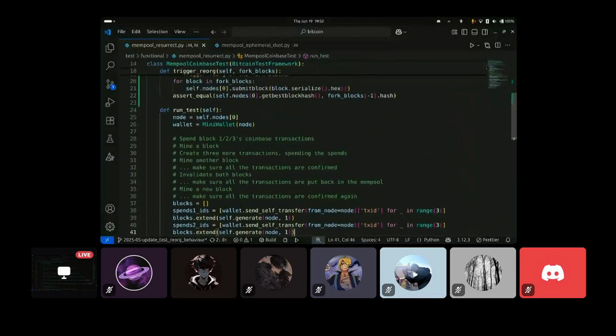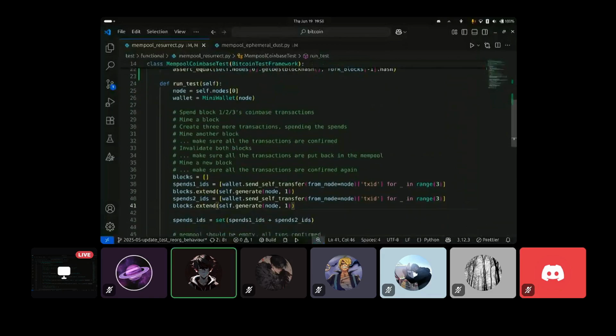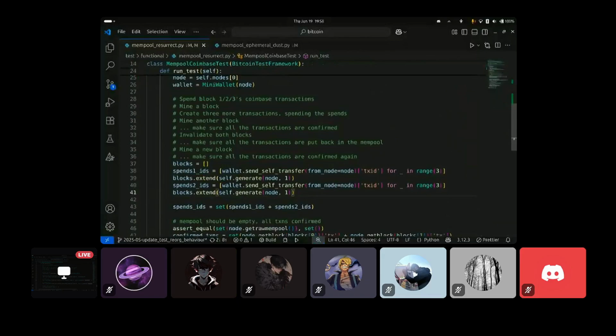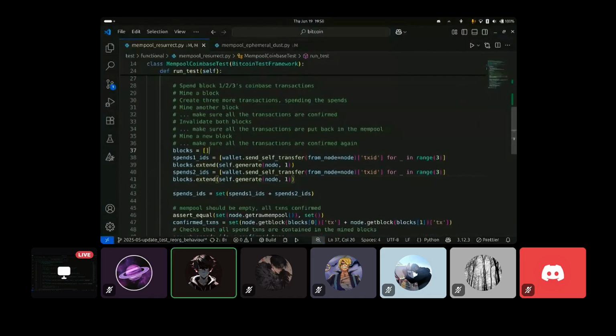Okay, it is 1, 2, 3, and we are actually spending the Coinbase of block 1, 2, 3. Okay, and that's what we are testing here. So if you see, we are just creating a transaction here, and next what we'll do is